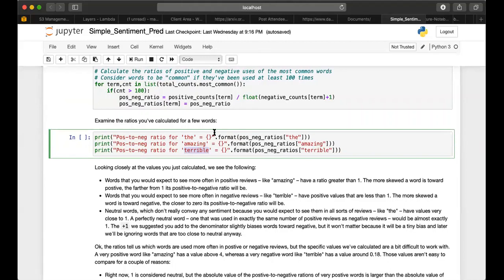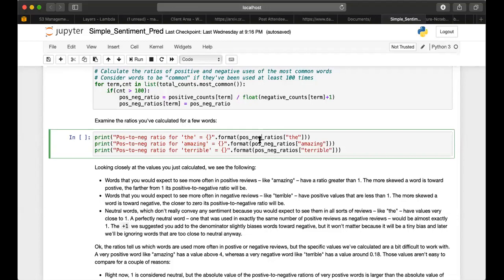Words that tend to be positive, or which have great positivity, you'll find out that they tend to be greater than 1. So they try as much as possible to be farther than 1, right? And then words that are negative, they try as much as possible to be closer to 0, right?